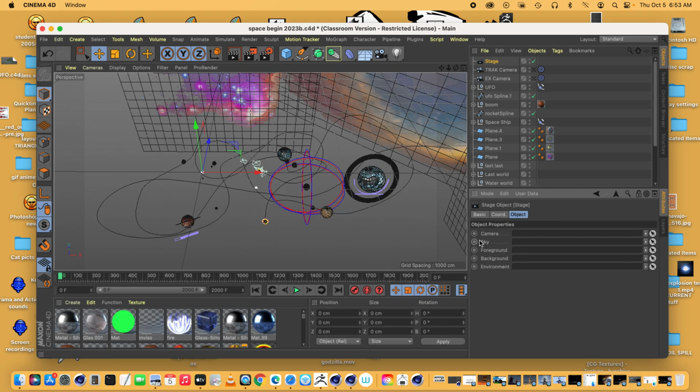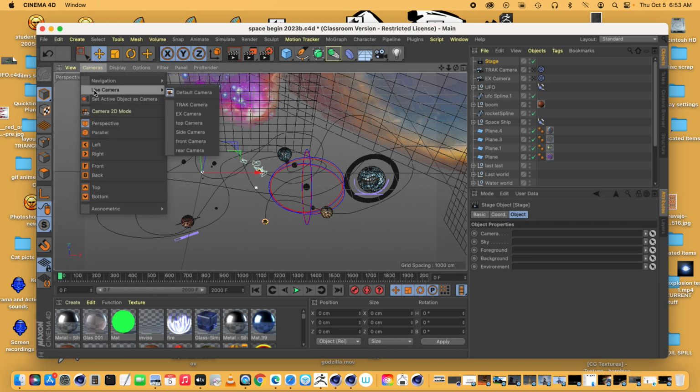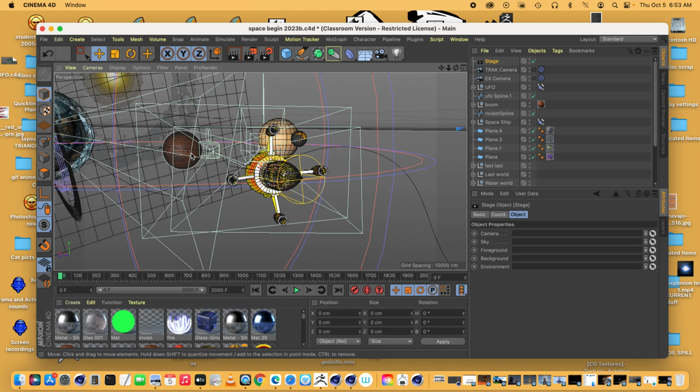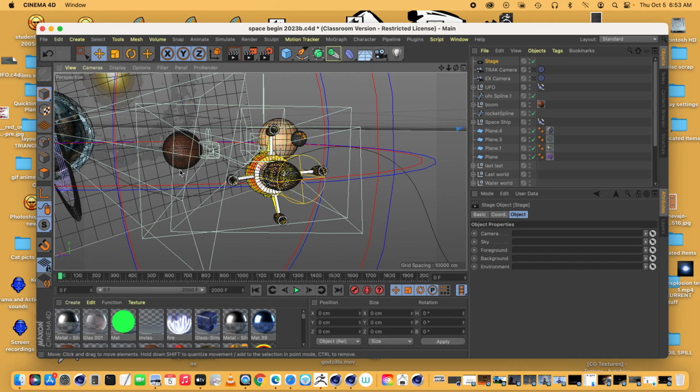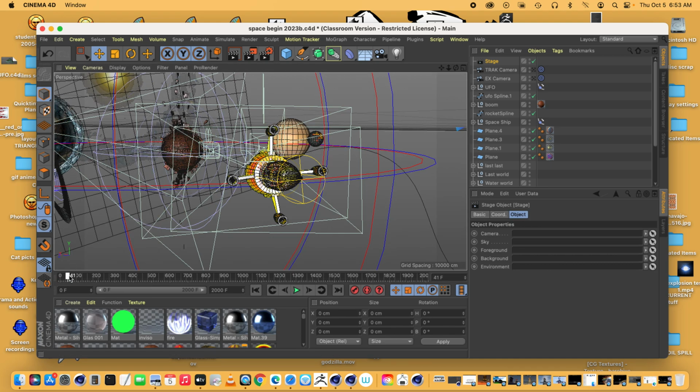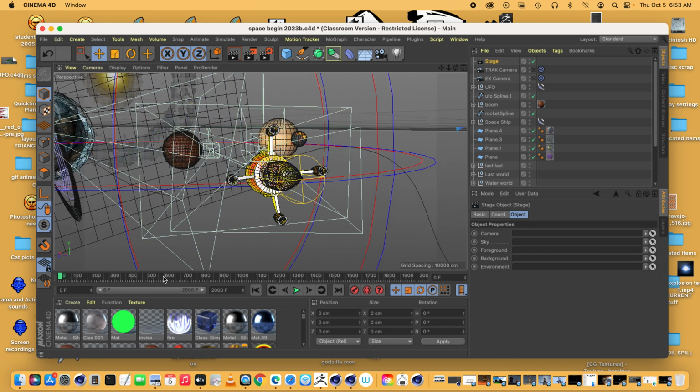So after you make your stage object, you're going to really need to go over to cameras here and go to use camera, and then decide which camera you're going to begin on. I would imagine you're going to begin on the rear cam so that you can witness the explosion of the event. Okay? So at that point, that's where I'm going to open up my rocket ship,